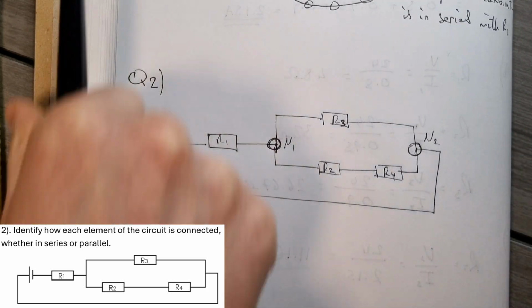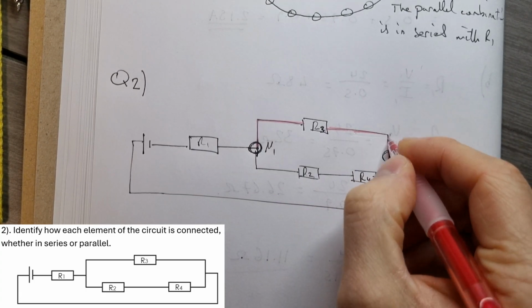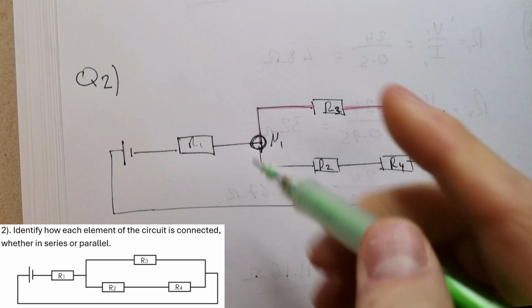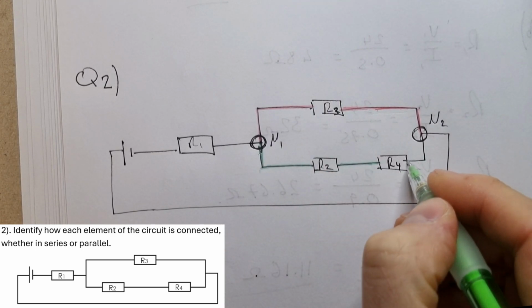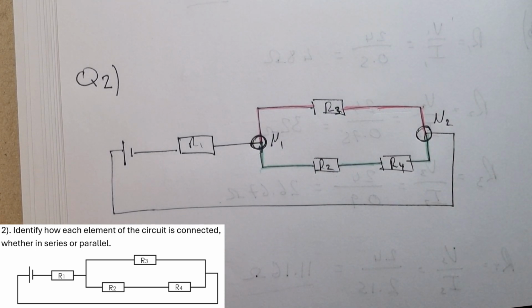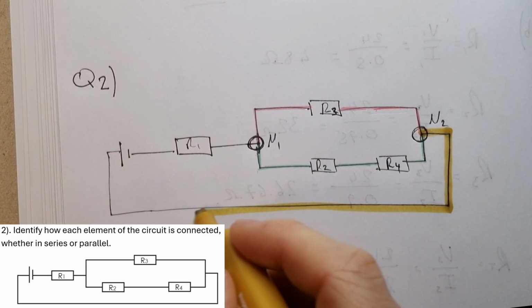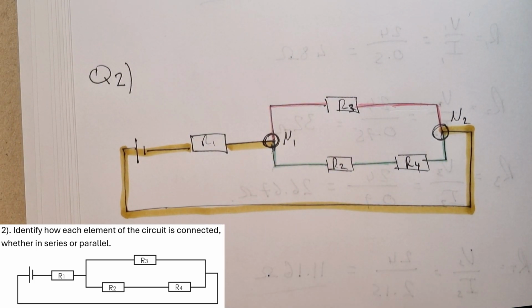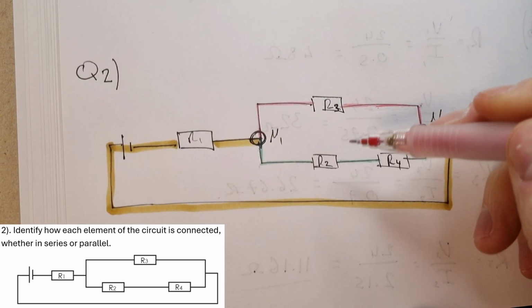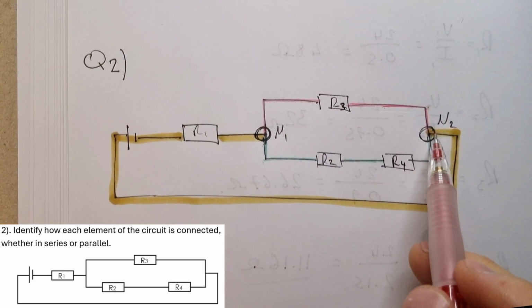So remember, three or more connections. So node 1, node 2, through resistor 3 down to node 2. And likewise, we've got the other route, so we can go from node 1 through R2, through R4, and up to node 2. And then lastly, we've got this branch that goes all the way around the outside, through the battery, through R1, and back to node 1. So there are three branches on this network, and we've got the red branch, the green branch, and the gold